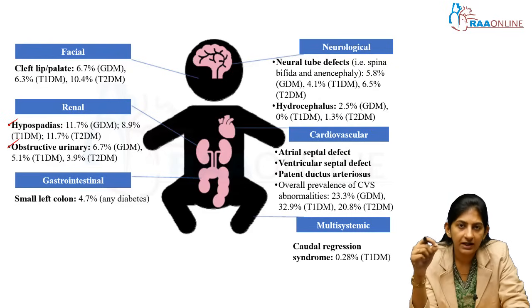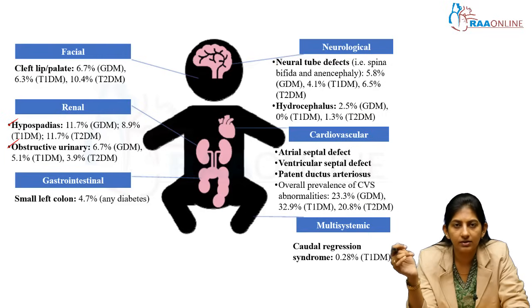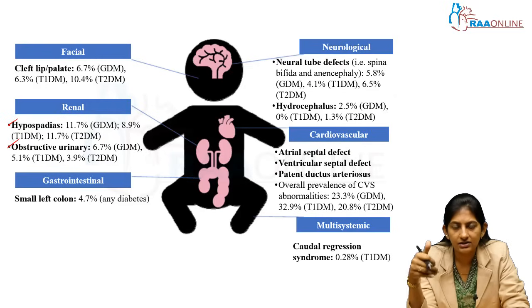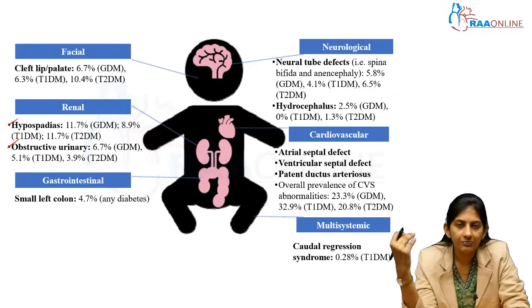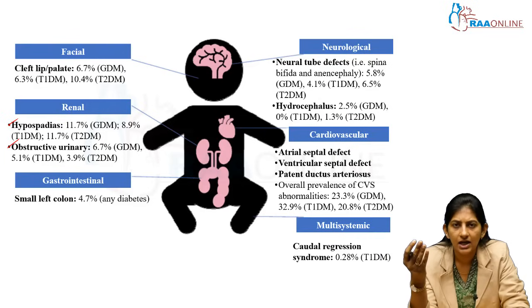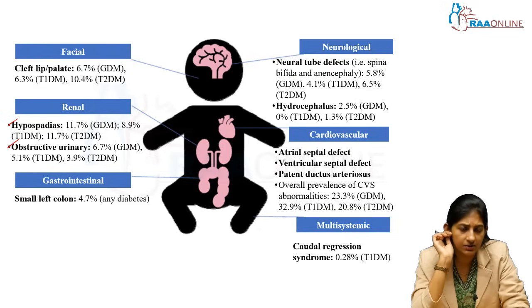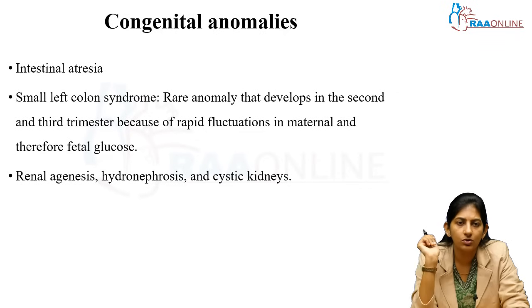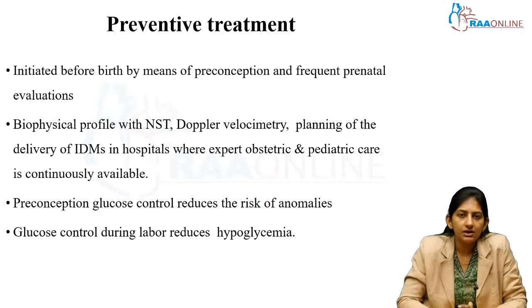You can even take notes, like in CNS what are the clinical features, then birth injuries, next cardiac, respiratory, limbs, any problem like limb defects and clavicle injuries, etc., GIT, liver, renal, metabolic complications, and any other miscellaneous complications. So you can just put from head to toe what are the complications, and you can make a note of it yourself, right? I hope you have gone through this. Let's move further. So coming to the preventive treatment.